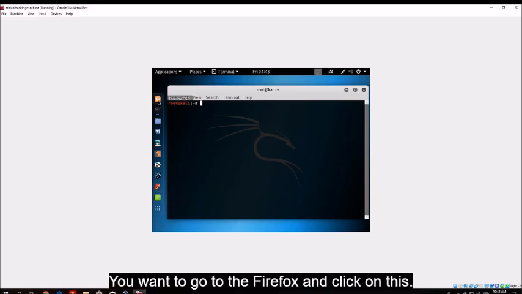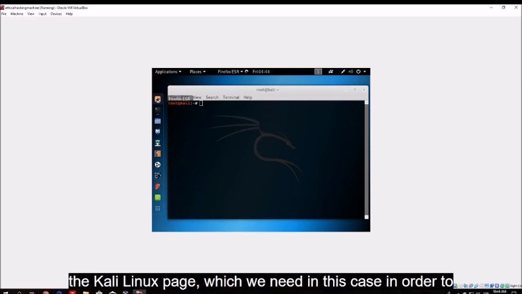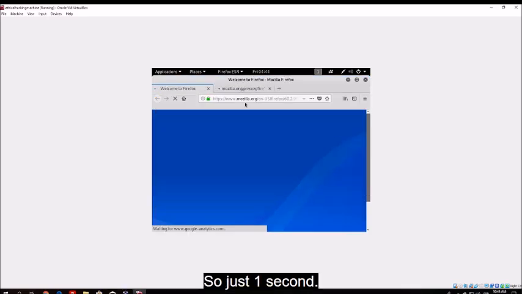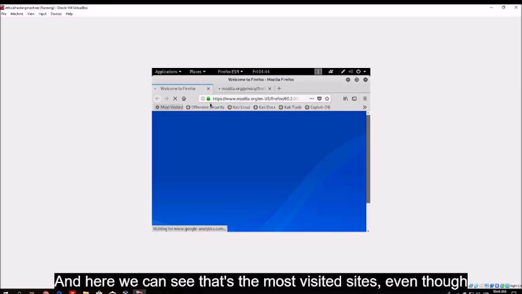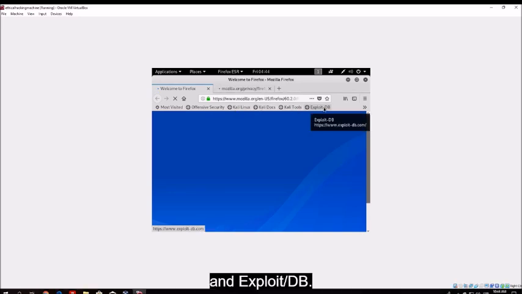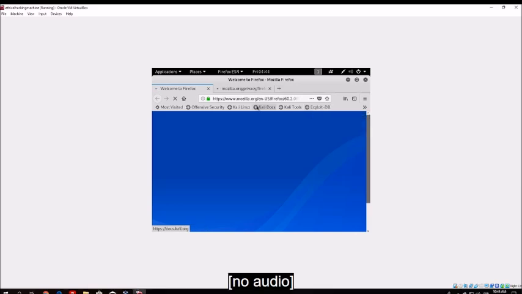You want to go to Firefox and click on this. I believe it will automatically open up the Kali Linux page, which we need in this case in order to take some of the things it provides us right here. Just one second, it says welcome to Firefox. And here we can see the most visited sites, even though we haven't visited anything yet, it just says Offensive Security, Kali Linux, Kali Docs, Kali Tools, and Exploit-DB. We right now want to go to the Kali Docs, and there